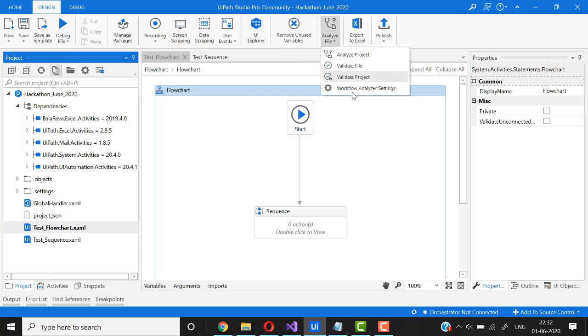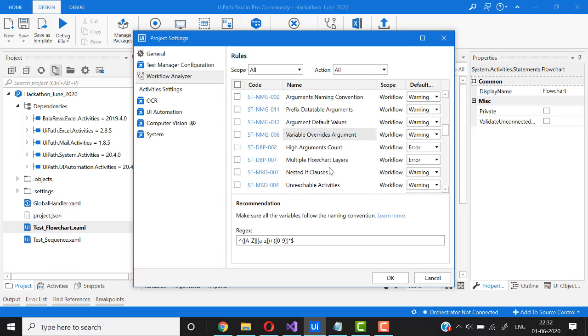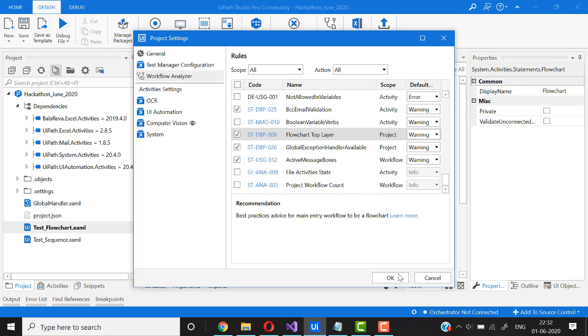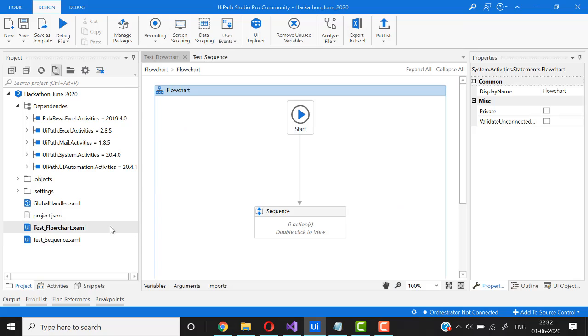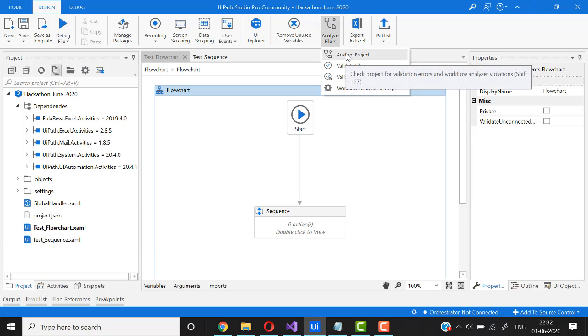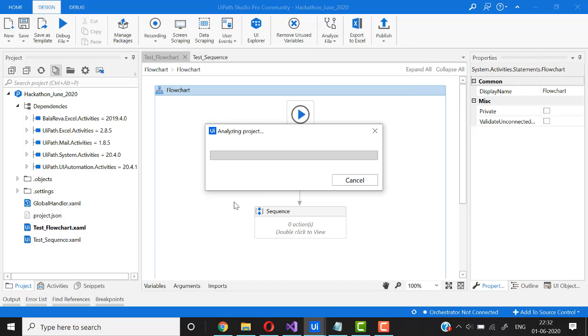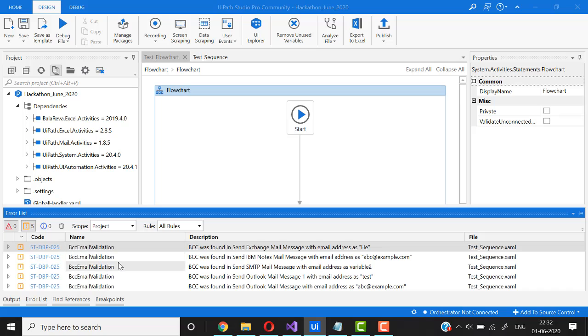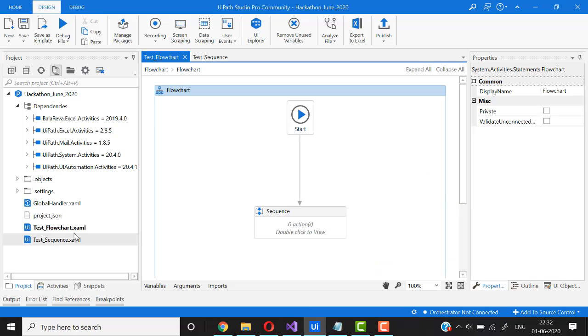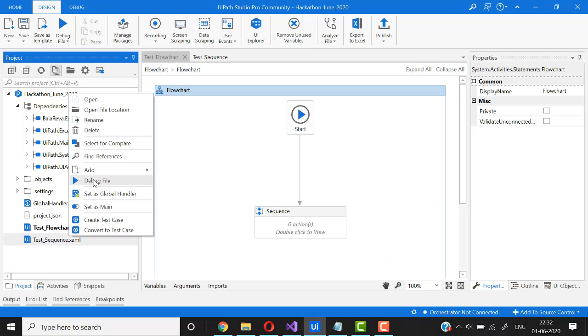To check that rule, we'll again move to the workflow analyzer and check for that rule. Yeah, flowchart top layer. So we'll enable the rule, and my flowchart is the main one, so I believe I will not get the error. Just doing some reverse engineering. Let's say I change my main to some sequence.